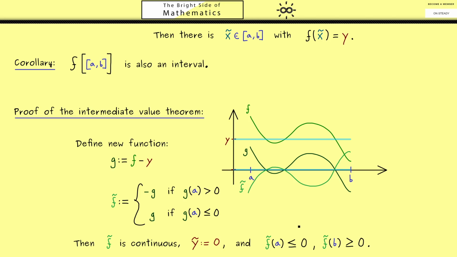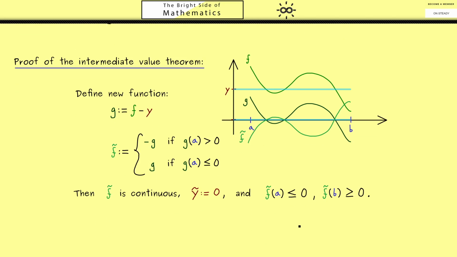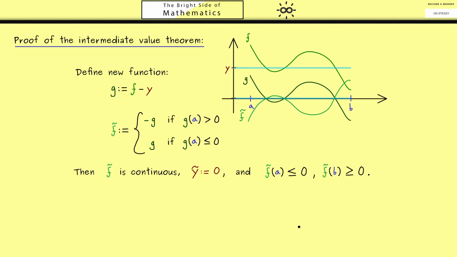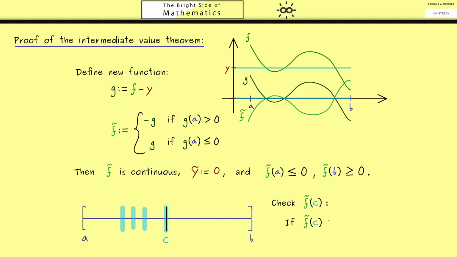Okay, now the proof that will follow will look similar to the proof we already did for the Bolzano-Weierstrass theorem. Namely, we cut the interval AB in the middle and then choose one of the two intervals here. And this bisection we will do repeatedly. In the end we will get a limit here. The only thing we have to do in each step is to check the value f tilde of c. If this one is greater than 0, then our c could be the new b. In other words, we would choose the left interval in this case. In the other case, we would choose the right interval.